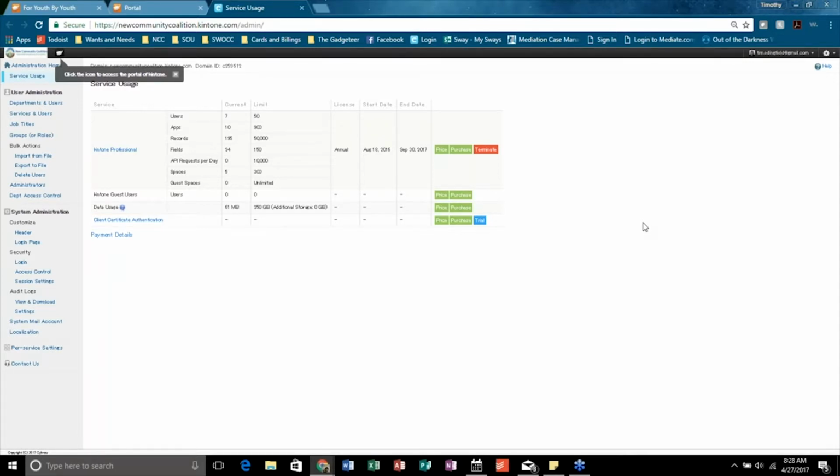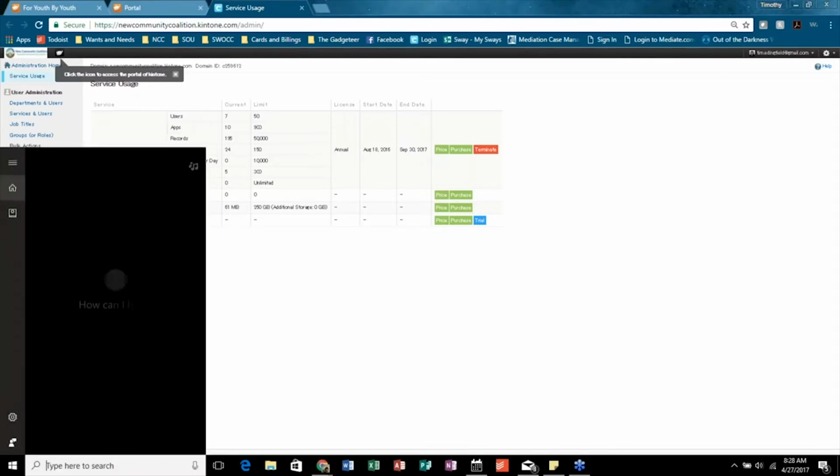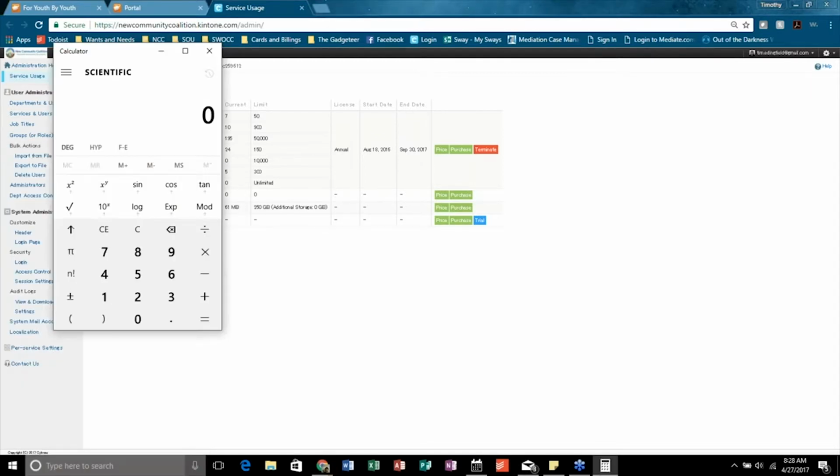And I've done the math. The amount of money it would cost to do that is astronomically low. Because if you take 150 and divide it by 12, here, we'll even do that. So calculator, 150 divided by 12 is $12.50 a month.